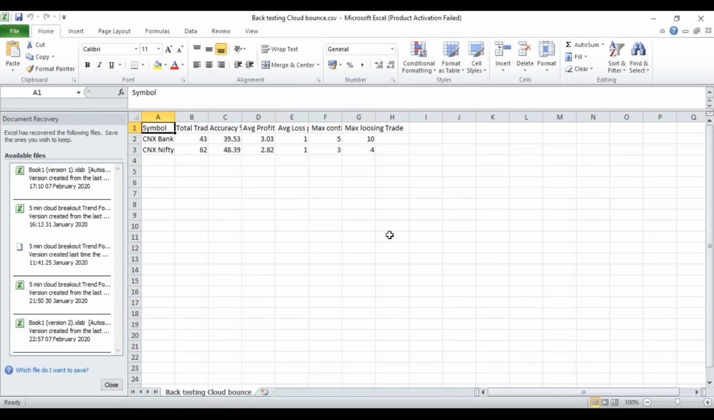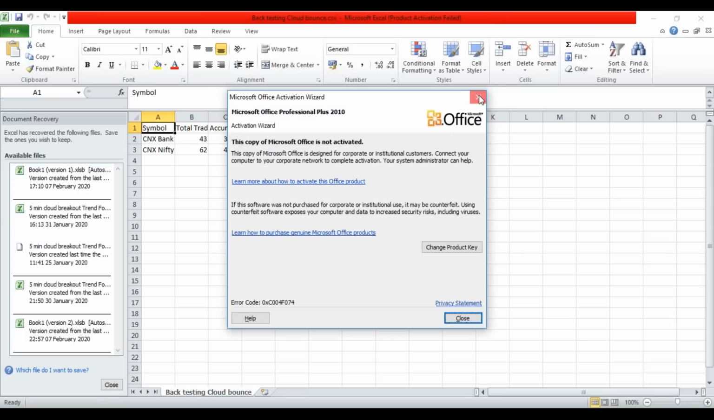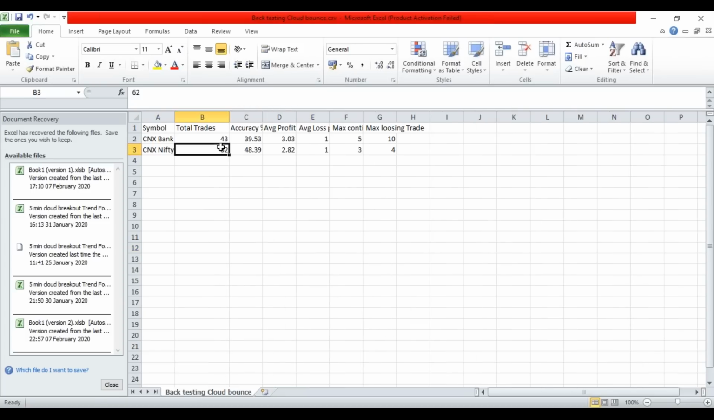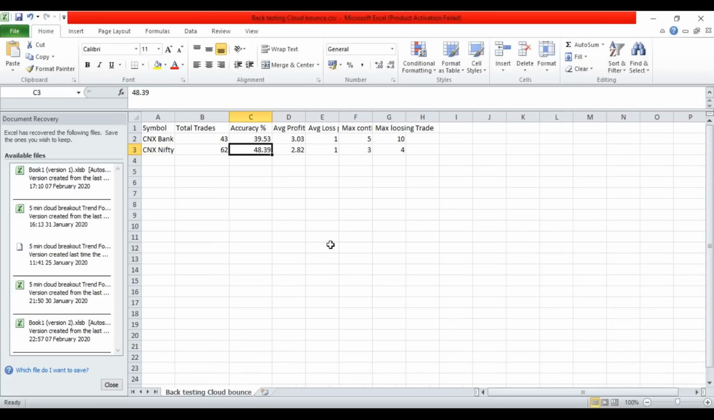See, this is a backtesting of the cloud bounce strategy where we were using only the cloud and we were taking a long when the instrument or security touches the cloud and closes above it, and prior to that it was trading above the cloud. So that strategy you can once again go and look into. This strategy has generated a total of 62 trades. Accuracy, look at the accuracy, 48% of the time it was